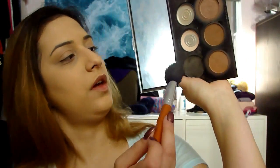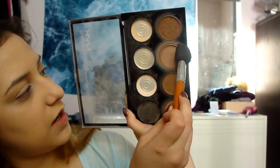And then I'm going to go in with my NYX contour kit. I'm going to go in with this one and this one right here. Kind of just going to carve out the cheekbones. I'm really taking my time blending that out. And just bronzing up the forehead a little bit. And oh my god, as always, just contouring the nose